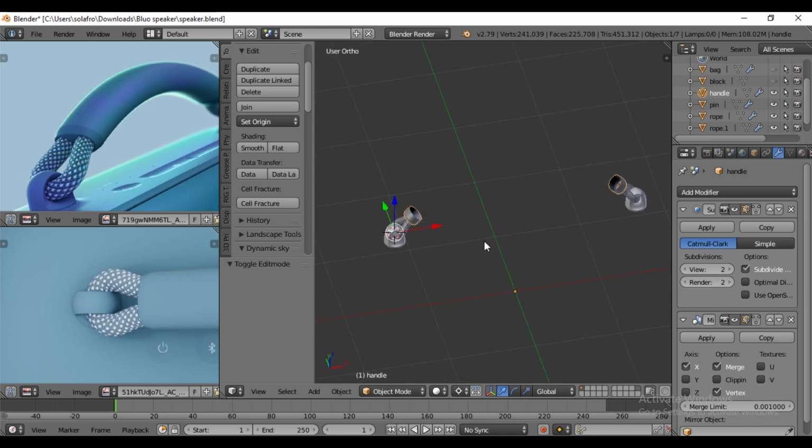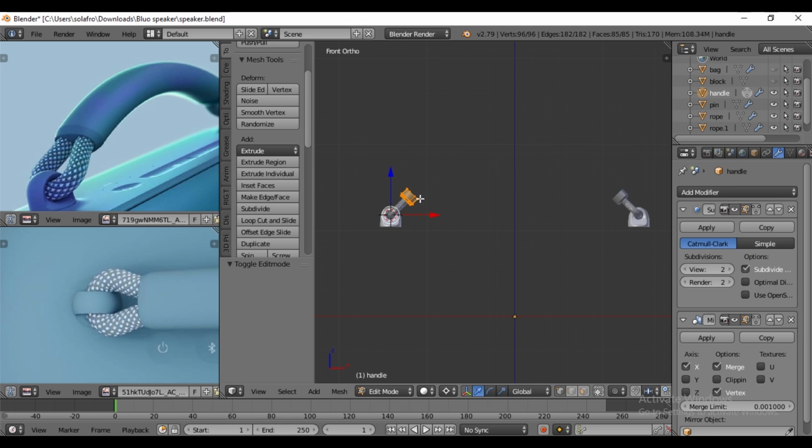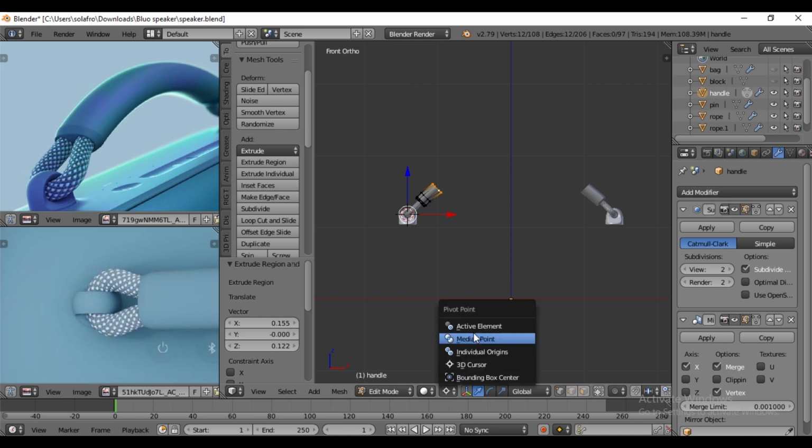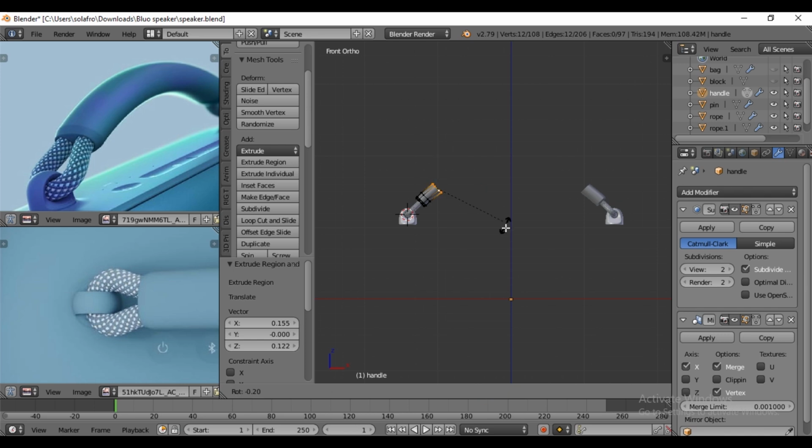Go to the front by pressing 1 on the number pad, select the handle, then in edit mode, select the loop by pressing the Alt key. Press E to extrude and rotate to connect the bridge. But before that, we need to change the pivot point from the 3D cursor to the median point.